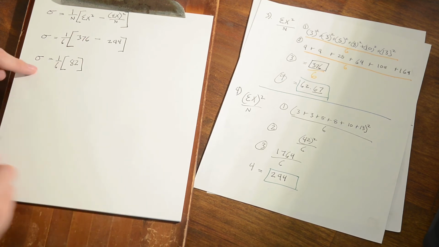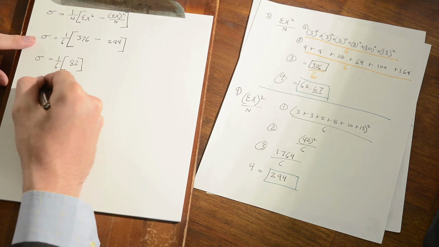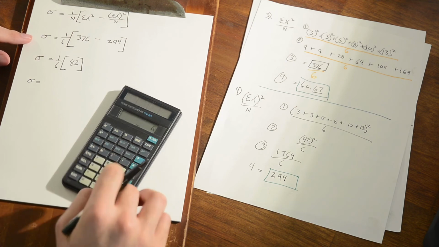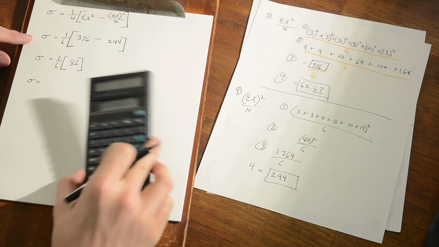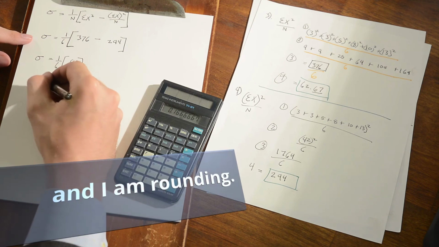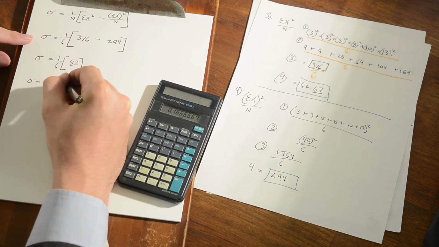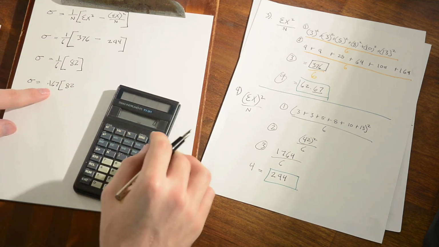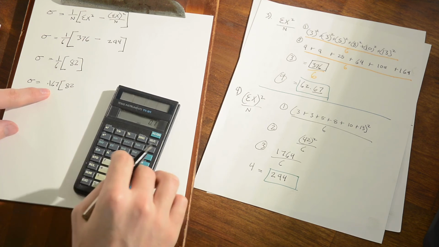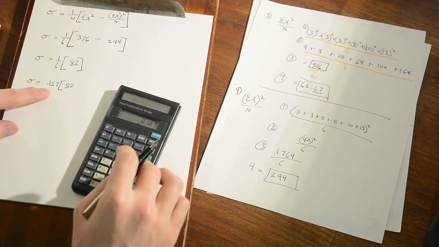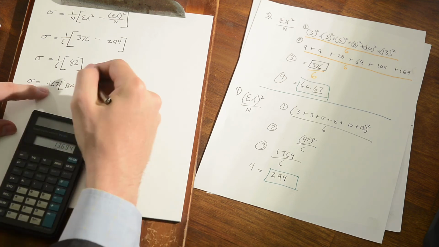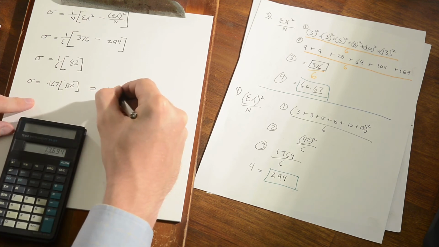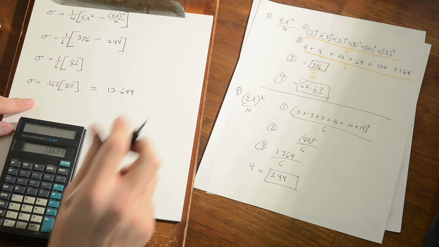Now I'm going to go ahead and figure out what this is. So 1 divided by 6 is equal to 0.167 if I were rounding, times 82. On my calculator, so I can put in exactly what I have written down, 0.167 times 82 is equal to 13.694,